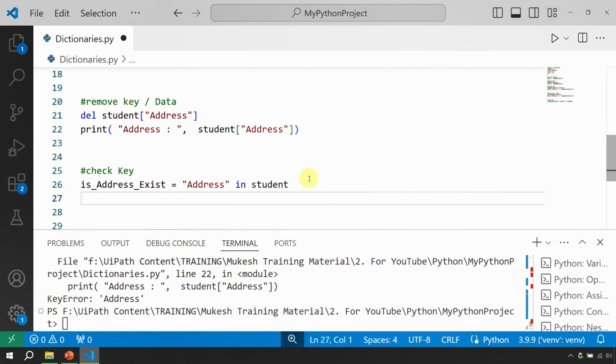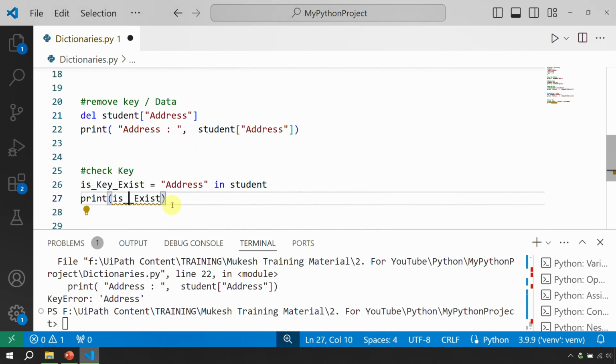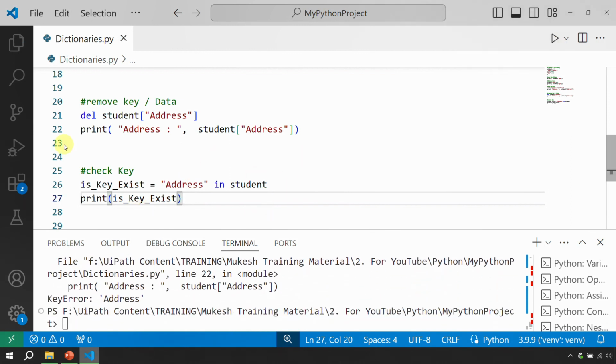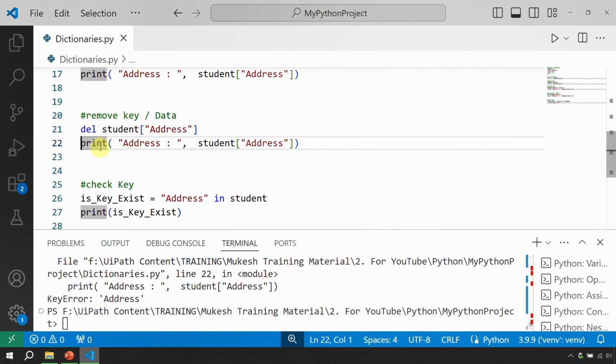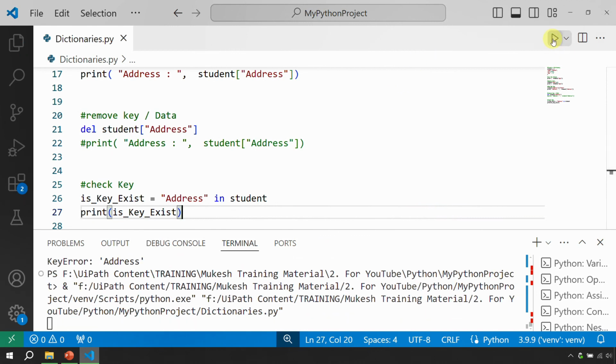So I just want to now print is address exist. Maybe I will just change this to is key exist, so that it's easy for us to check, right? So let's try to execute this. Key error, because we are trying to print it here, so I will just try to minimize this, like this. Okay, so run this,